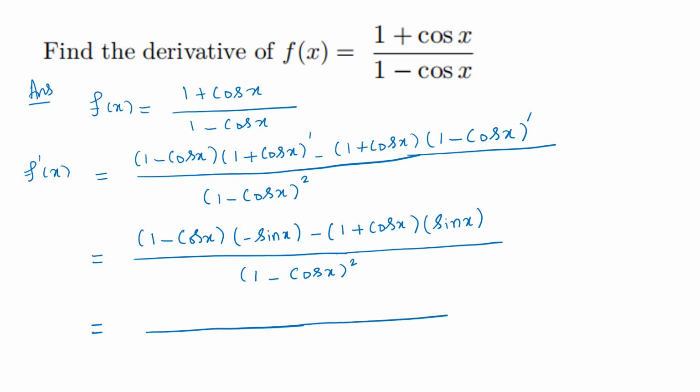What is the numerator? 1 times minus sine x, just to multiply this, minus sine x, then minus cosine x times minus sine x, that is plus cosine x multiplied by sine x. Now the second one, sine x multiplied by this. Outside we have minus, so minus 1 times sine x, minus sine x. Cosine x times sine x, outside minus, so minus cosine x times sine x